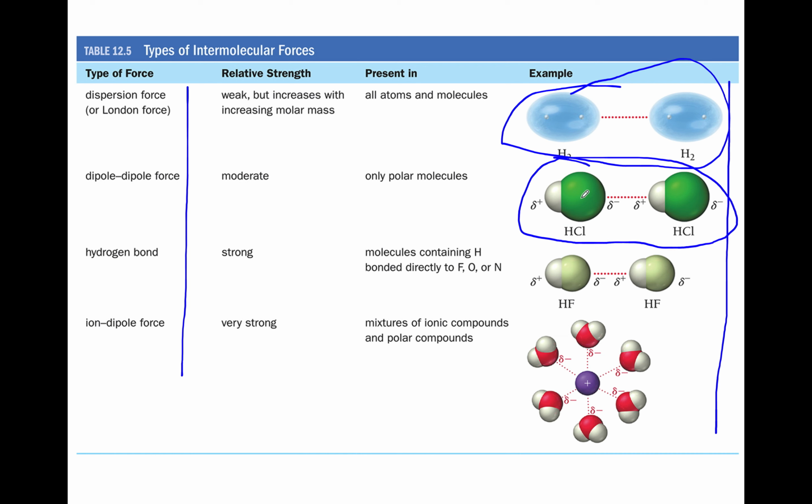Here, HCl is an example of a polar molecule. HCl has dipoles, so that's dipole-dipole attraction. Remember, fluorine was one of our examples of hydrogen bonding, so it has to be F, O, or N. And remember, the hydrogen has to be bonded to those. So just because you see something with hydrogens